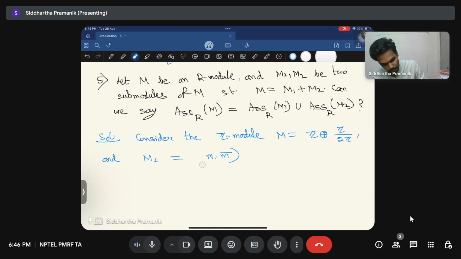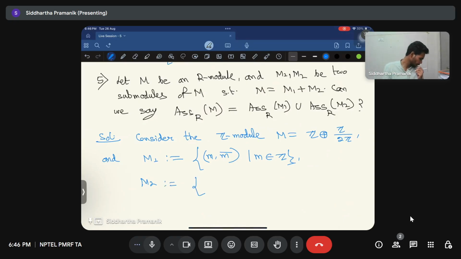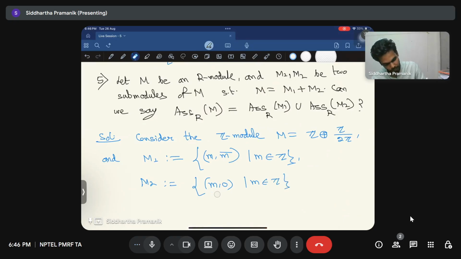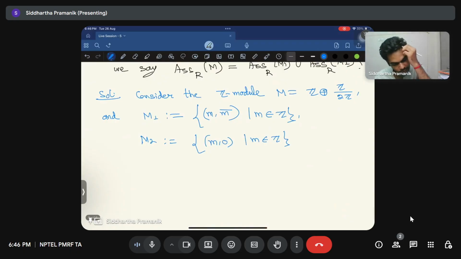So this is the collection of all tuples (m, m bar) such that m belongs to Z, and M2 as the submodule (m, 0) such that m belongs to Z. Now if we take these two submodules M1 and M2, then one can easily check that